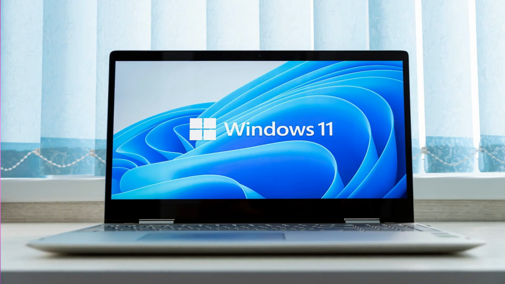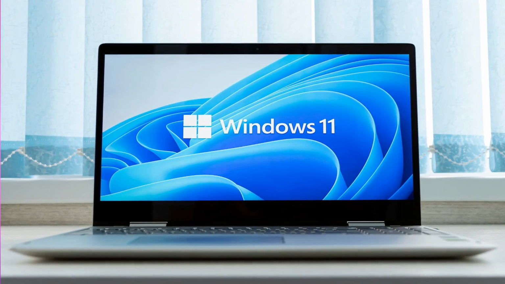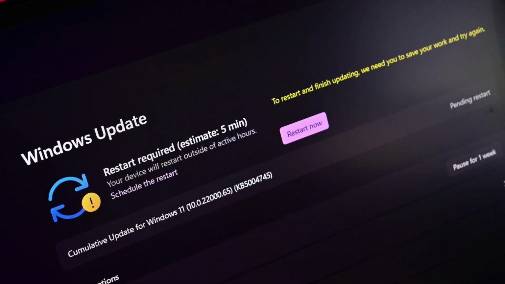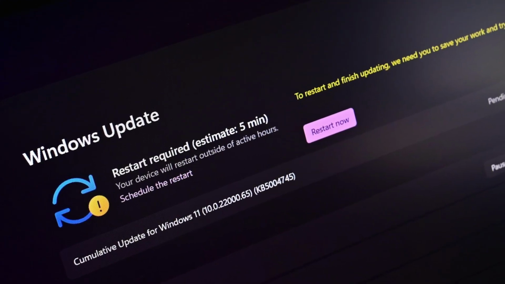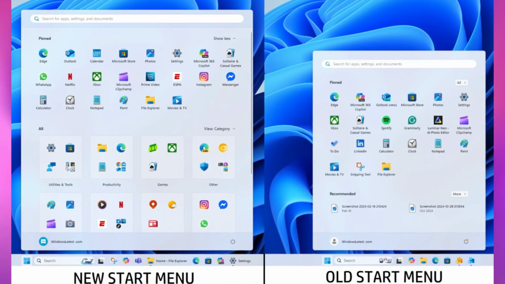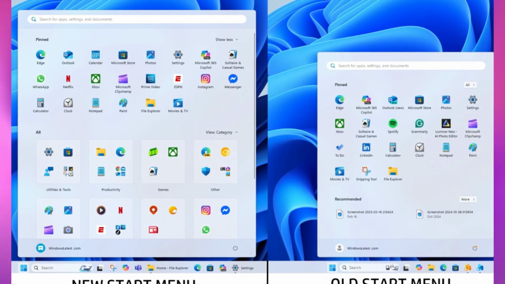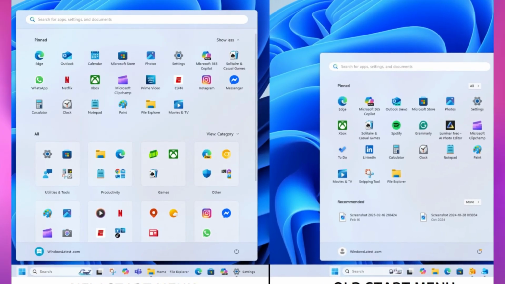In this video, I'm going to show you how to manually enable all the new features from Windows 11 25H2. These features can also be enabled on 24H2, so it's not mandatory to have 25H2 installed, but it's always recommended to keep your Windows version up to date. I'll guide you step by step through everything you need to do to unlock the latest hidden features available in